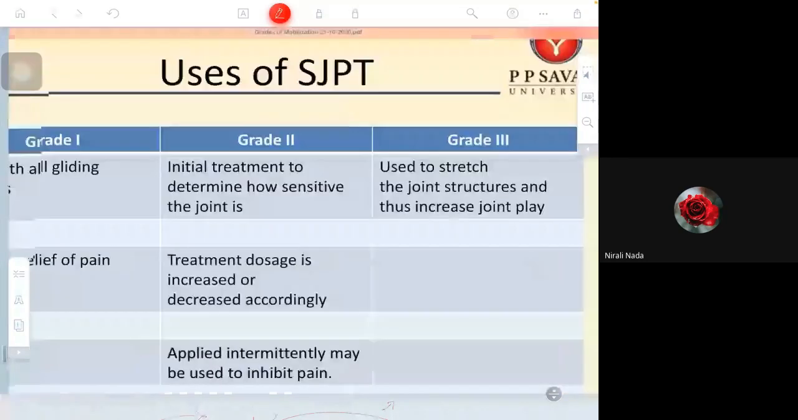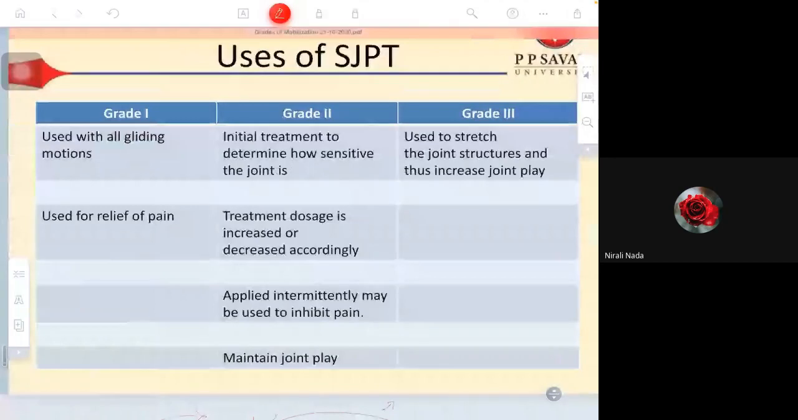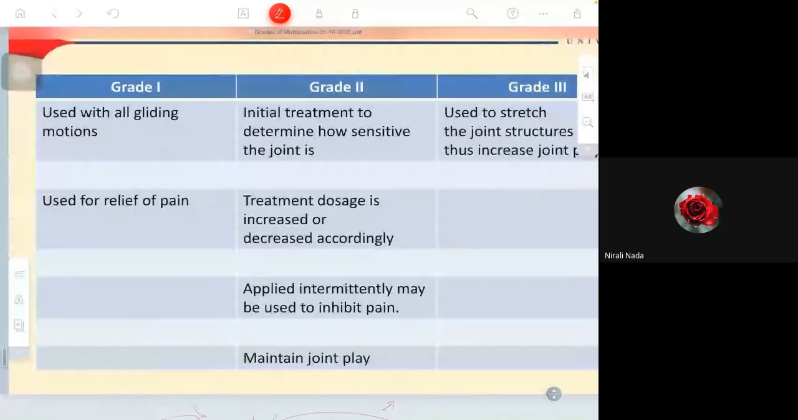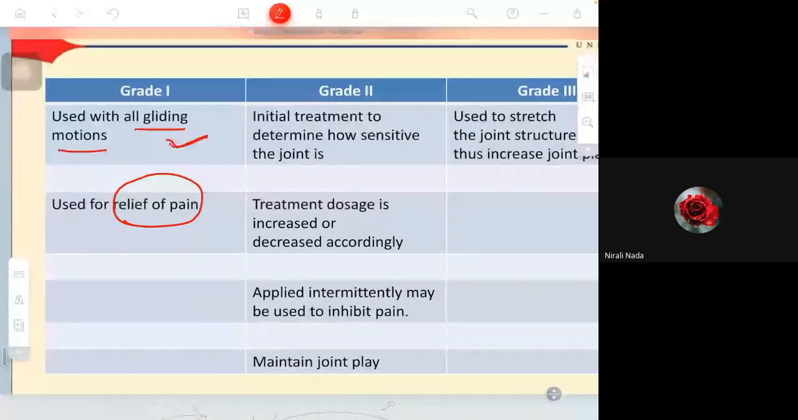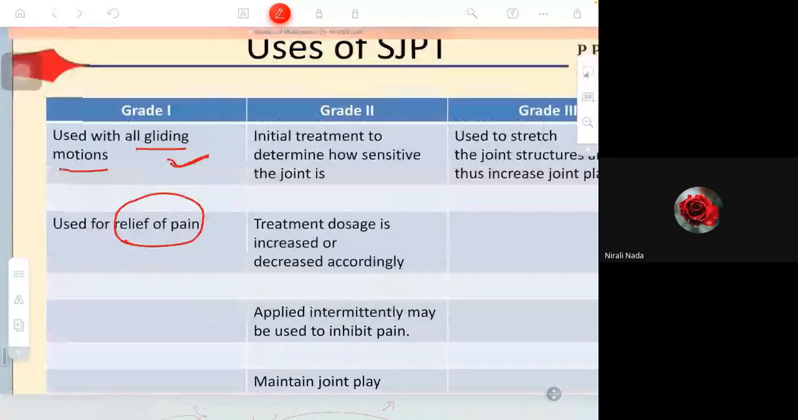Now you see the grades. Grade 1. Uses of grade 1: used with all gliding motions. Yes, again, it helps in reducing the pain. To reduce pain, you will use grade 1 technique of the sustained translatory joint technique. Used with all gliding motion. What is this gliding motion? What does it mean? All gliding motion means